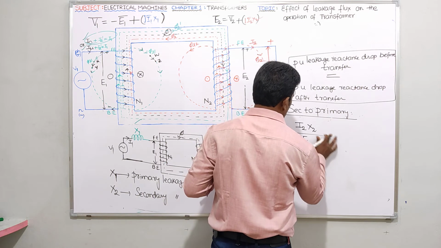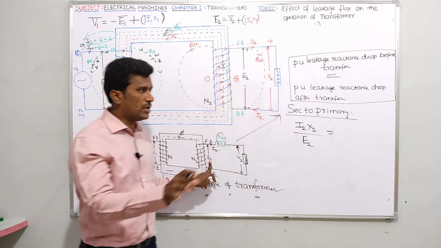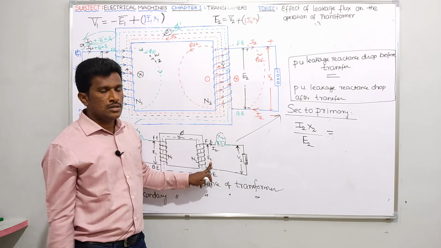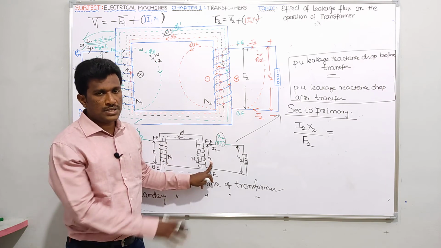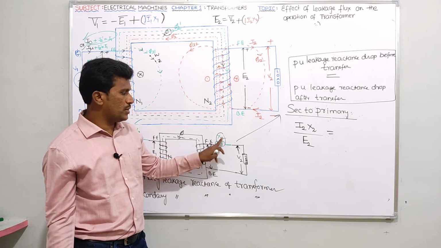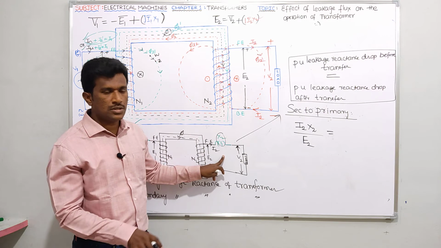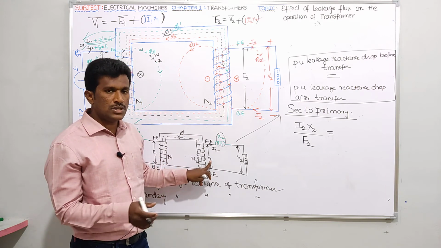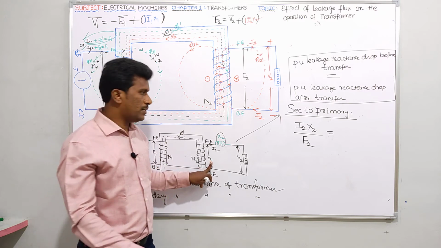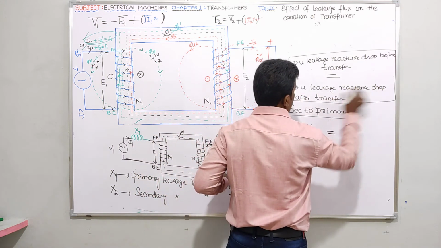Those who are very new can refer to the previous video also. There I explained the per unit concept for resistances. Please try to see that. Just like in the previous video, I am writing it. Per unit reactance drop across x2 means actual reactance drop I2 x2, which has units volts, by base value, which should have the same units. E2 is the term which has units volts and is related to the secondary side, then only the per unit value will be a unitless quantity. That everybody knows. I2 x2 by E2 equals the per unit leakage reactance drop before transfer.